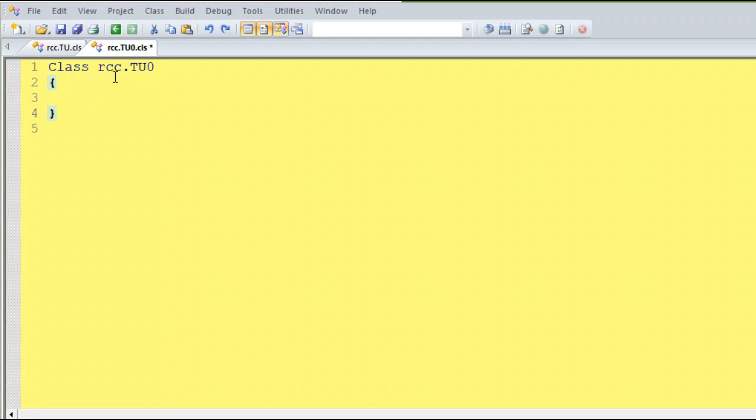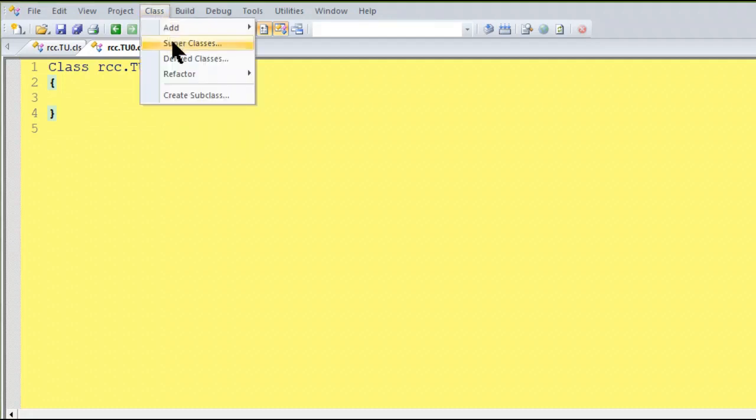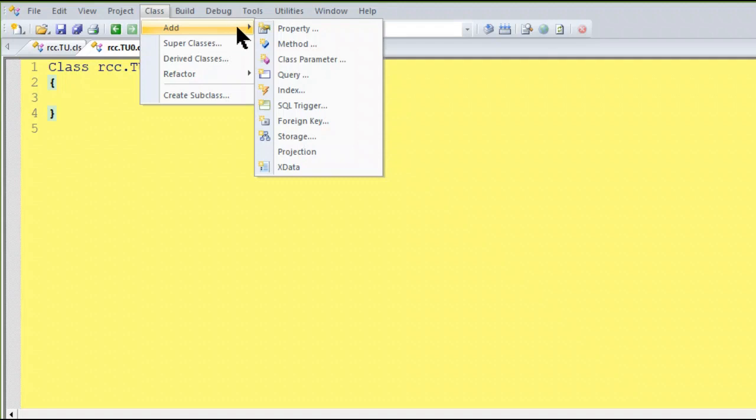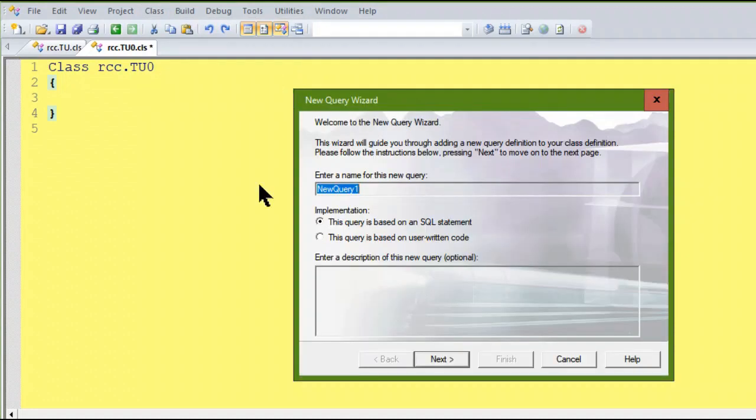I have prepared it already, named it TU0, and there is a wizard in Studio that allows me to add a query, as it is named here, into this class. I name it Q0,